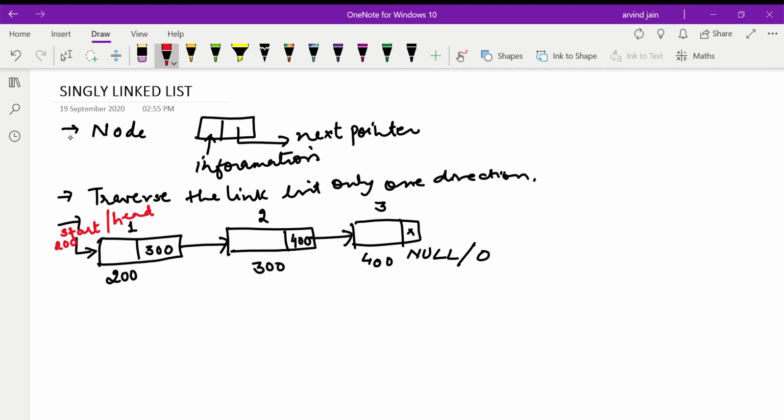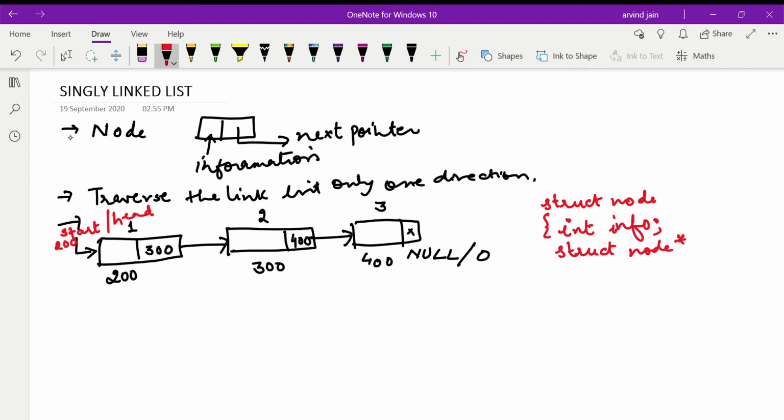Start will hold the address of the first node, so what address will come in start? 200. To represent each node in the C programming language, we declare a struct node which contains two fields. One is the information field. Suppose the information we are storing is of type integer, then I declare it as int. Another field is the next pointer field which points to the next node in the linked list.